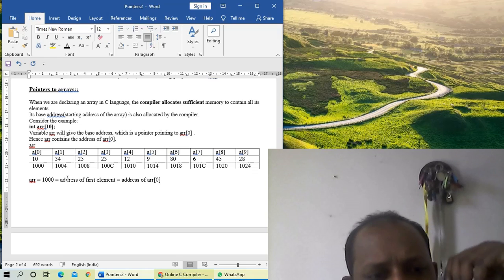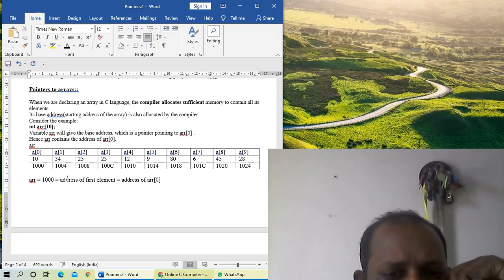Clear? So base address means the variable name only, without an index. That denotes the base address. In this example, the base address is 1000, that is the address of the first element of this array, the address of arr[0].